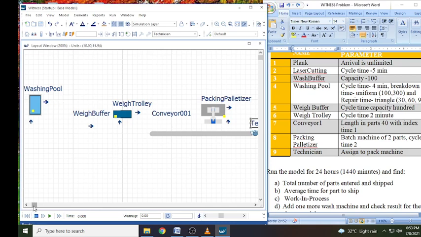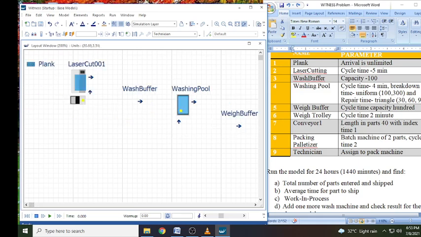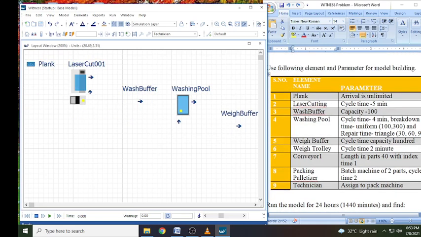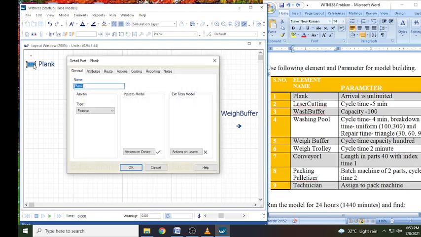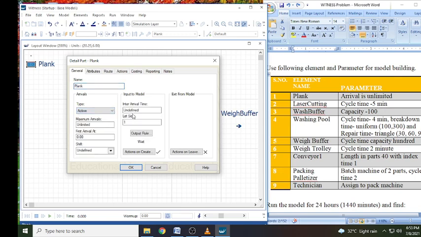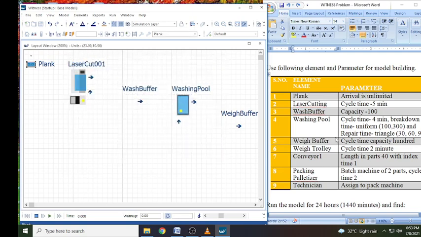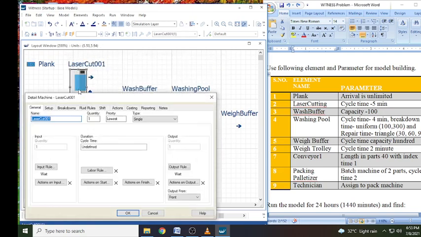Now the next step is to give the parameters. Double click on plank. Arrival is unlimited. For this we need to change this type to active, and the inter arrival time will be defined. Done. Then laser cutting machine, we will double click, change its cycle time here, put 5.